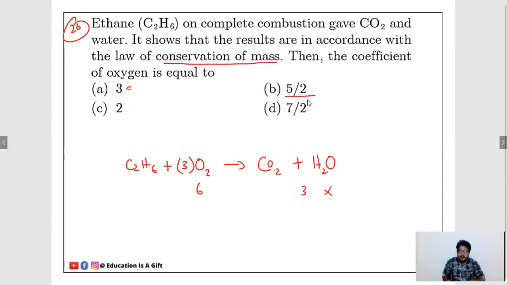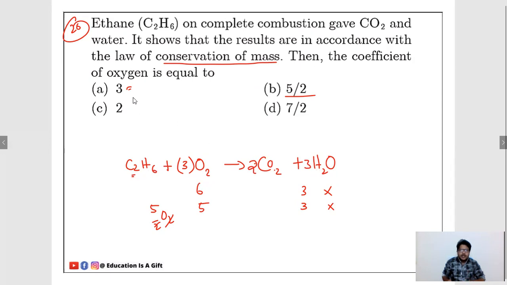If you substitute 5 by 2 O2, the 2 gets cancelled, we will get 5. This side oxygen, no change, right? 3. No. And you see, is that balanced? No. For example, sorry, here we have 2 carbons, right? Let us keep 2 carbons here. If you keep 2 carbons, fine, and hydrogen we have to balance. 6 hydrogens, and here how many hydrogens we have? 2. So we can place 3 now. Now this is balanced. 2 carbons, 6 hydrogens, 6 hydrogens.